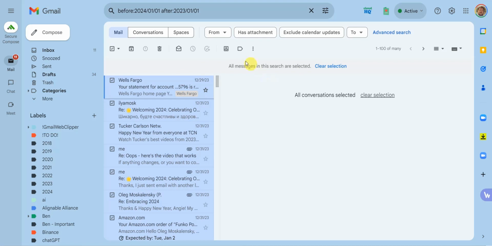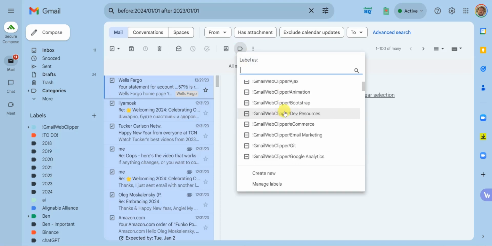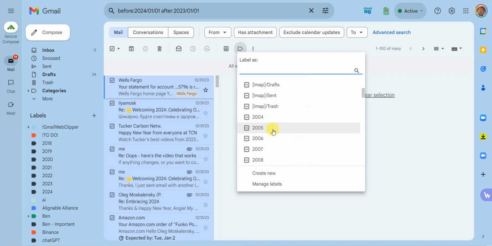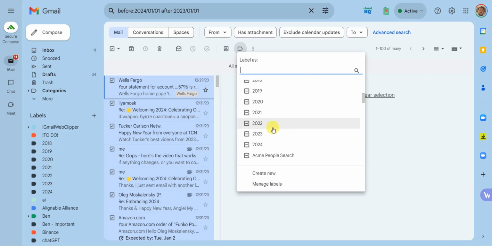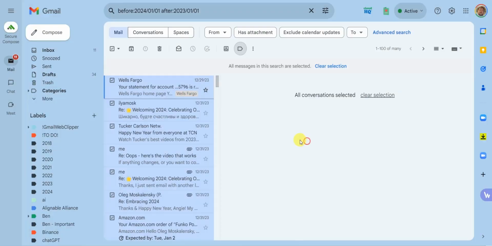And then the next thing is really simple. We just click on the label icon, and then we identify the label 2023, which should be right here. It says confirm bulk action. So we say yes, we're sure. And then you have to give it a few seconds or minutes, depending on how many emails you have. It's going to go through and change all of them to have the label 2023. So what I'm doing essentially is labeling all the emails for the prior year,